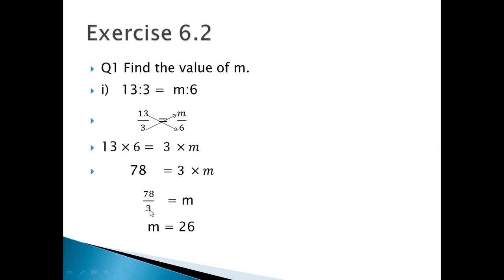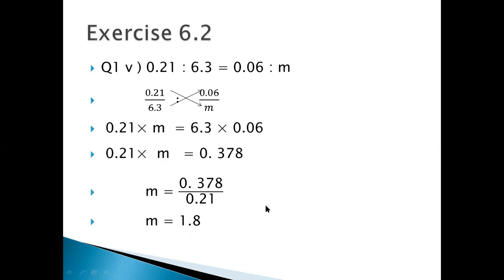Now about the simple calculator: many students ask in messages whether a calculator is allowed in class 7. A simple calculator, not a scientific one, is allowed in the class 7 first term exam, so you can use a simple calculator, and this will be easier for you. Easily you can divide 78 by 3 with the calculator and you get 26. If you do it directly, 3 2s are 6, 1 carry, it becomes 18, 3 6s are 18, so you get 26.